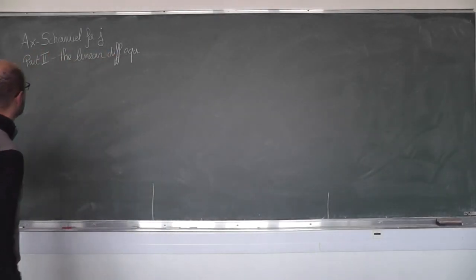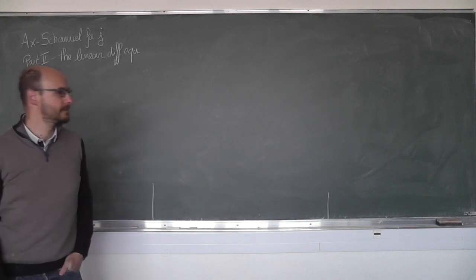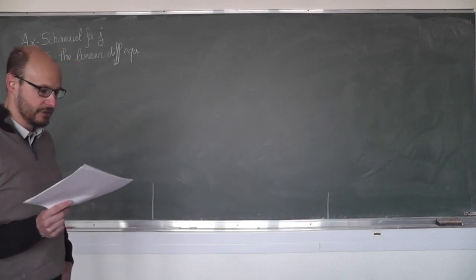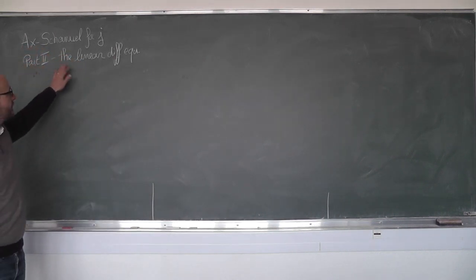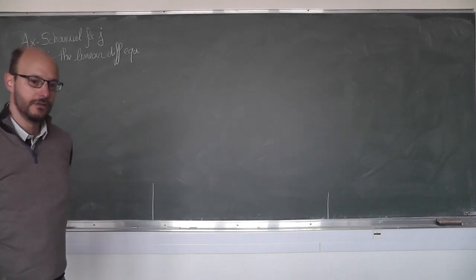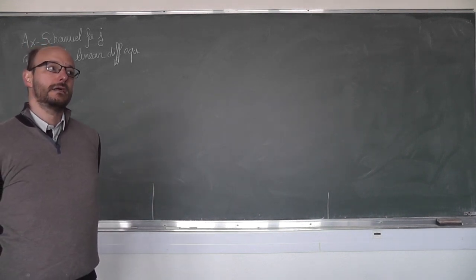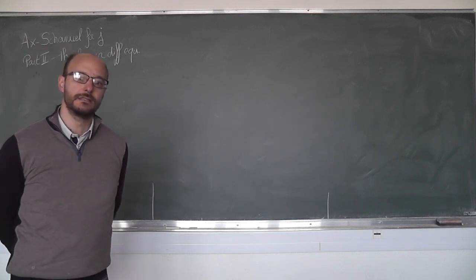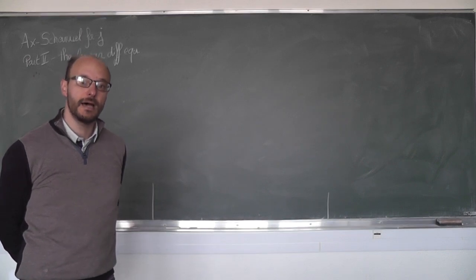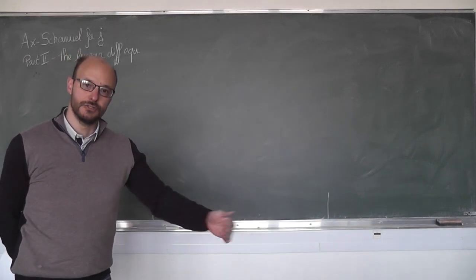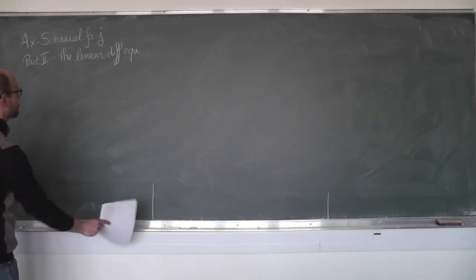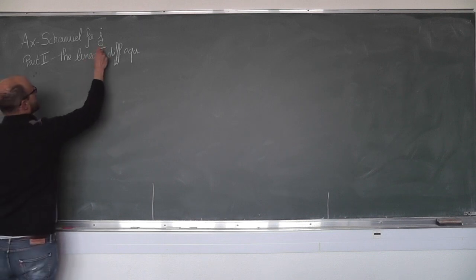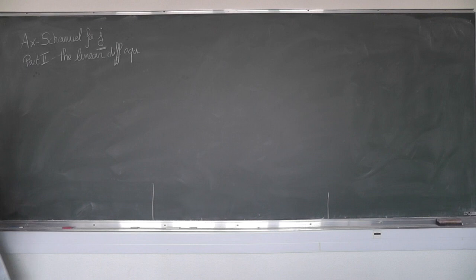So this is the second part of this set of lectures on the Ax-Schanuel theorem for the J function. Today I will present the linear differential equation associated to the J function and a good set of equations we have to use to present this linear differential equation in order to apply differential Galois theory in the third lecture. So, as I already said last time, the function J, this function here, can be defined as a